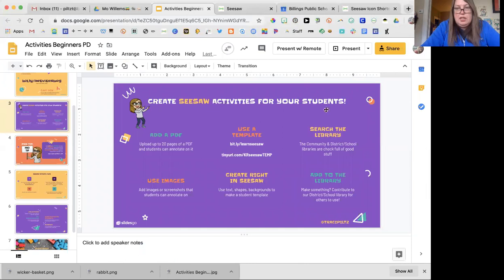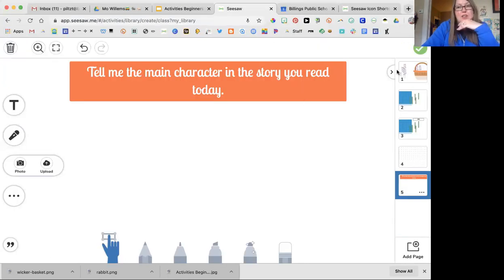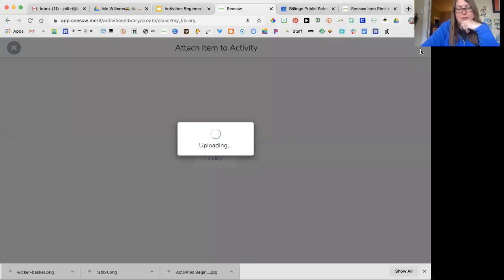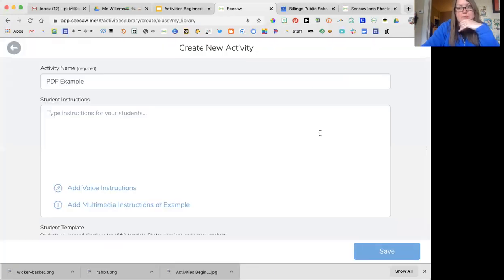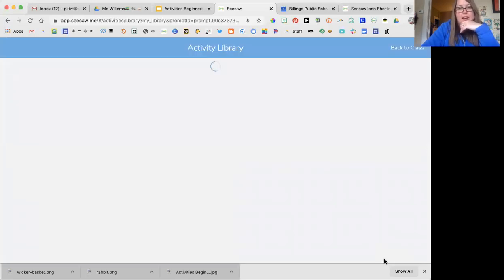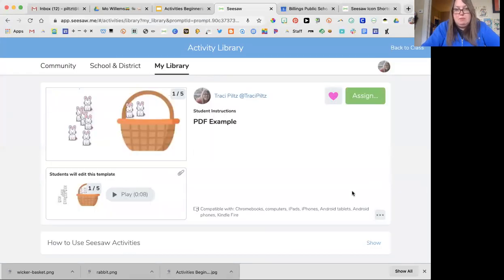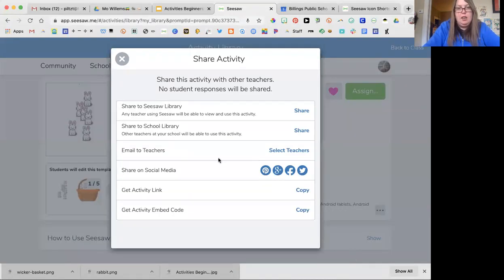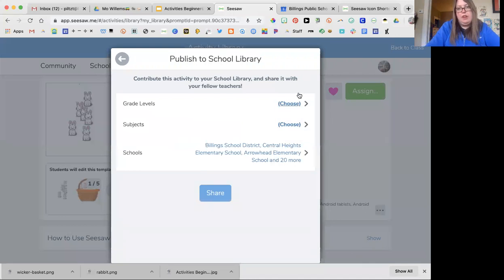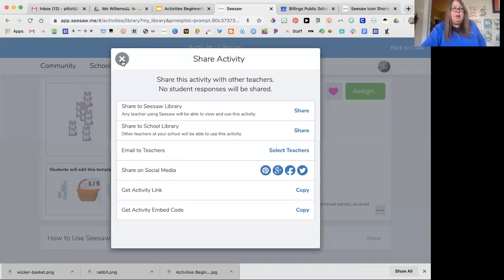We talked about searching the library. I'm also going to show you how to add to our library. So this amazing activity that I've created here, this big mishmash activity, I'm going to say save. And then if I wanted to put this into our school or district library, once I have this activity saved, there's going to be 3 little dots down here, and I kind of have to scroll to see that share activity button. I could say share to school library, and then I would just plug in the appropriate grade level, subject, share, and then that would be in the school library and the district library for other teachers here in Billings to